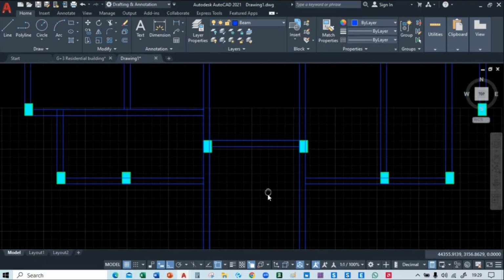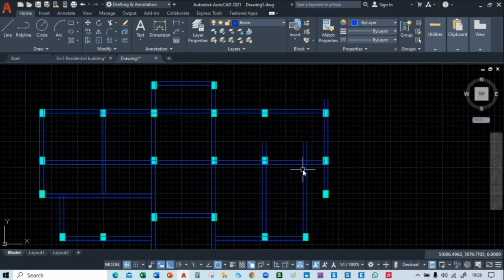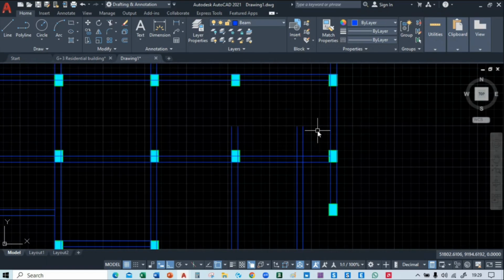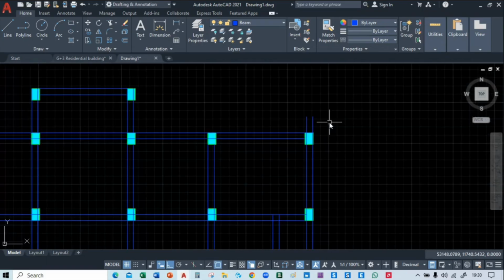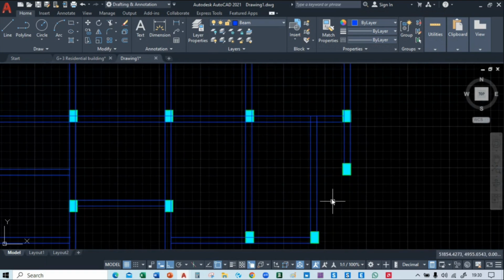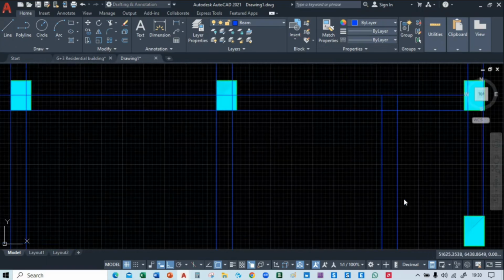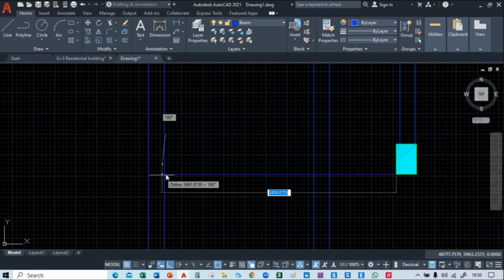Okay, you can trim this from here and you can extend the line. Okay, and you can trim the line from here. Okay, and I think the line should be like this,